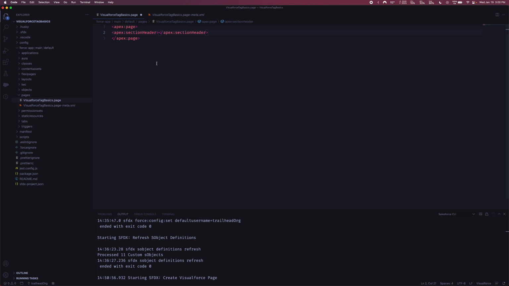So we'll go ahead, or actually we just need to close it. We don't need to have an opening and closing tag. And basically what this allows you to do is have a nice little section header at the top of the page. So to make use of it, there is the title attribute, and there's also an optional, I believe, subtitle attribute as well. So as an example, for the title, we'll just say this is the Visualforce tag